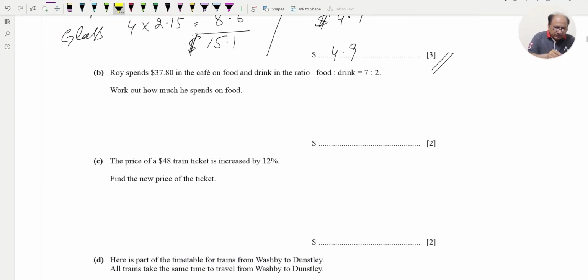B part. Roy spends 37.80 in a cafe on food and drink in the ratio food to drink of 7:2. Work out how much he spends on food. So spending on food is 7, and the sum of ratios will be 7 plus 2, which is equal to 9, and 7 is for the food, so 7 divided by 9 multiplied by the amount spent,